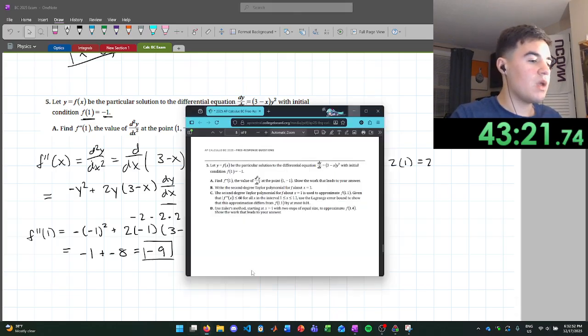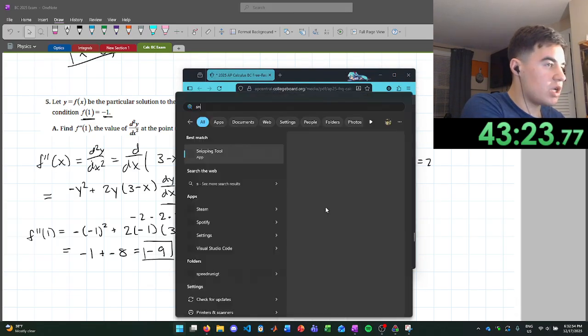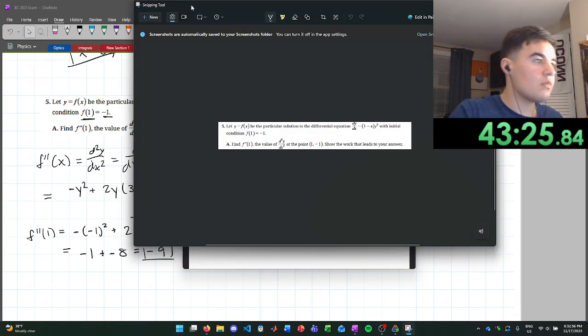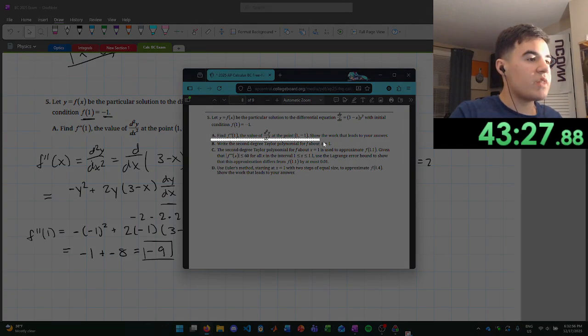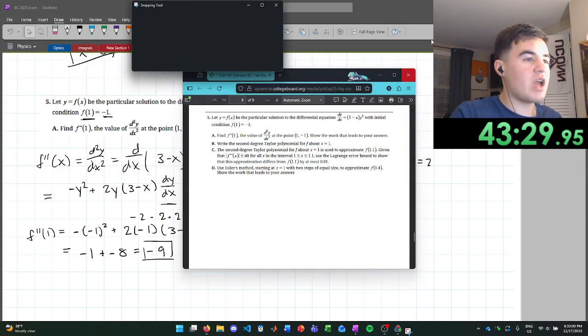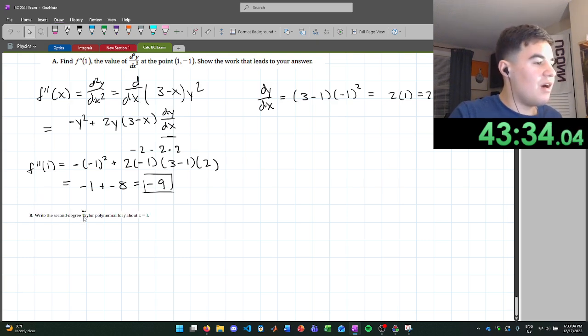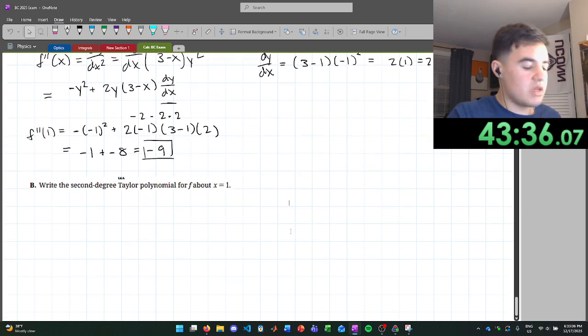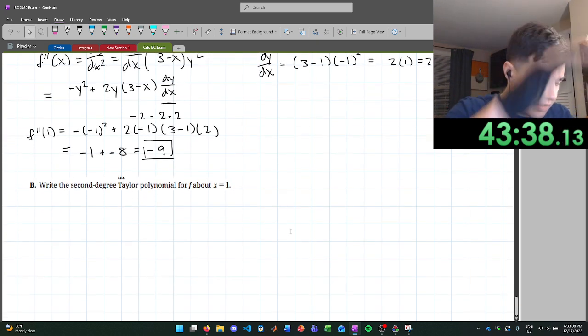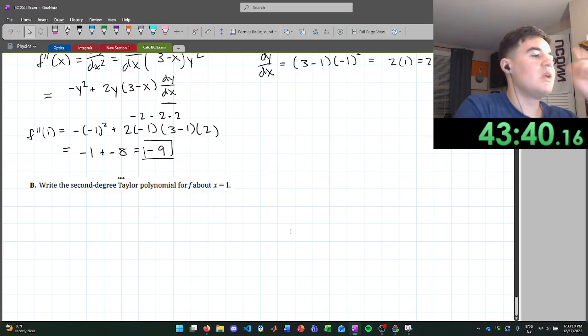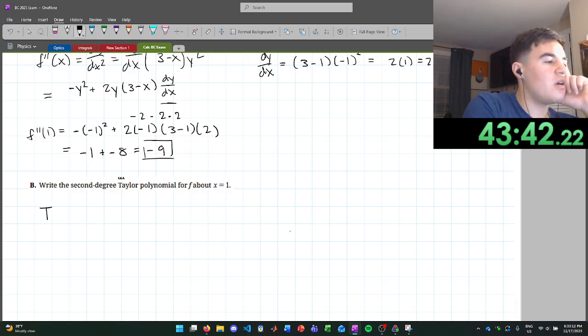Cool. Next question. Write the second degree Taylor polynomial for f about x equals 1. God, this is one thing I should know as an engineer. This is what Taylor polynomials look like, let me just try to write the form down. It's like Taylor of some degree n of x is going to equal